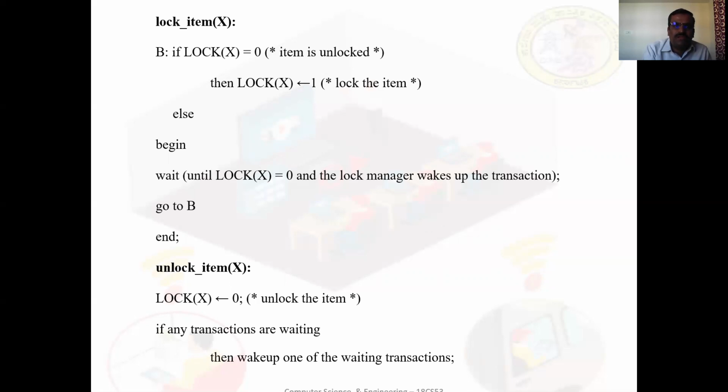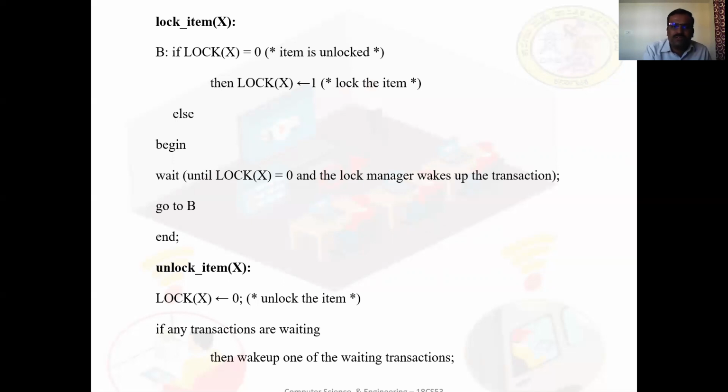Else begin, wait until lock of X is equal to 0. The transactions in the queue have to wait until the lock becomes free or unlocked, and the lock manager wakes up the transaction. Go to B. The same procedure is repeated for the next transaction. End.